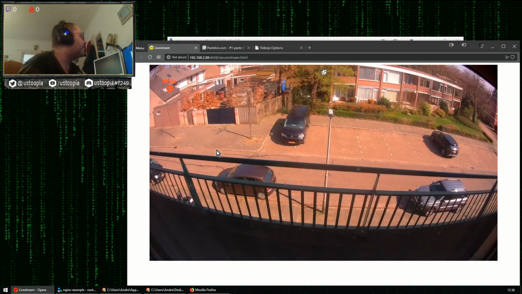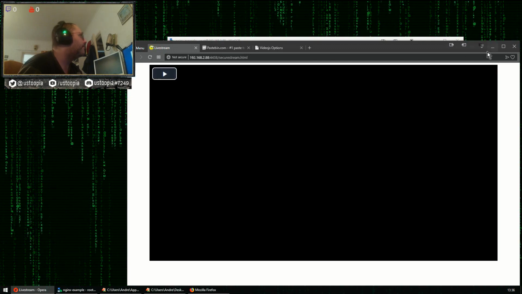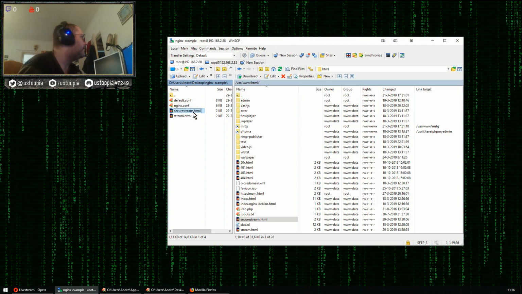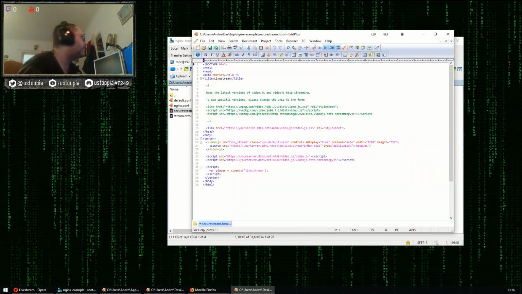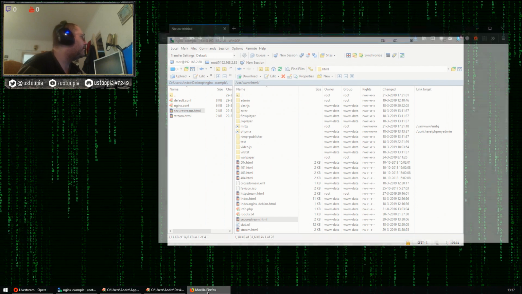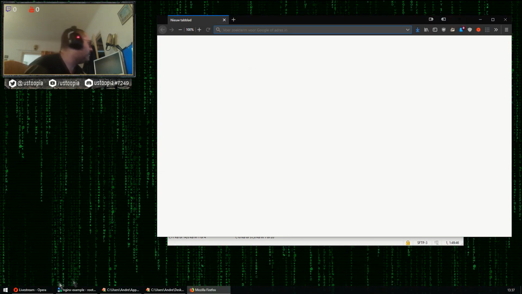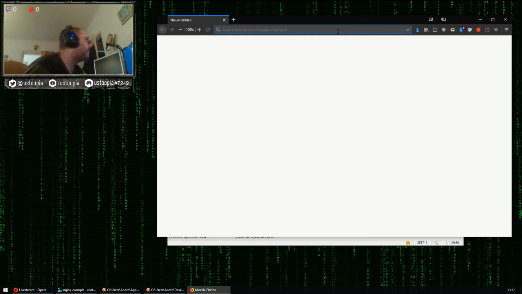I do still have to push play, which is odd because I think I did enable autoplay. Yeah, that's weird. Control autoplay is true, okay. It might actually be an Opera thing. Let's try Firefox.